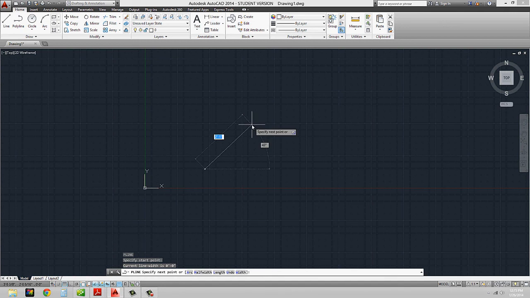But if they're on, you'll see that wherever you move your mouse, there's a little tiny box that's below my command input, and it's telling me what degrees my mouse is at right now. Okay, so right now it's 40 degrees. And you'll see that highlighted blue is the input for the distance. So one thing that I can do is I can actually move my mouse off into a direction.